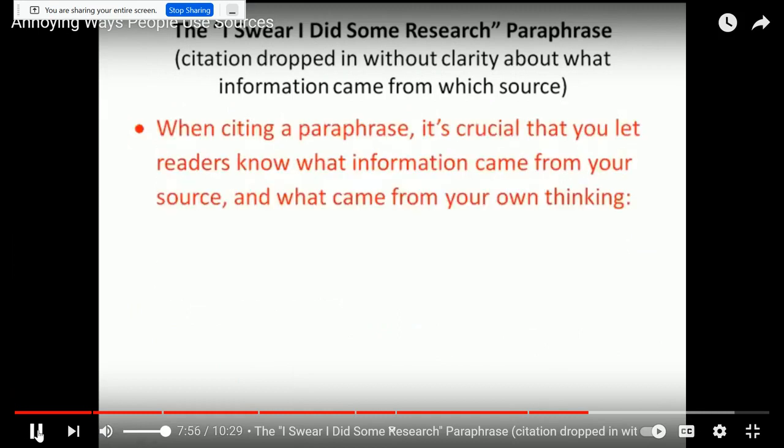Okay, here's the thing. Always when you're using a paraphrase. Let's pause for just a second in case you are confused. Citations tell us where things came from, right? So when you use a quote, an exact quote, you always include a citation telling us where it came from. But sometimes you also cite a paraphrase, as he's talking about here. And a paraphrase is doing something in your own words.